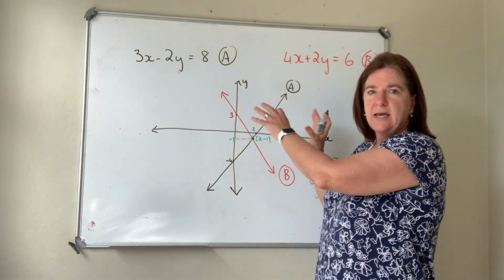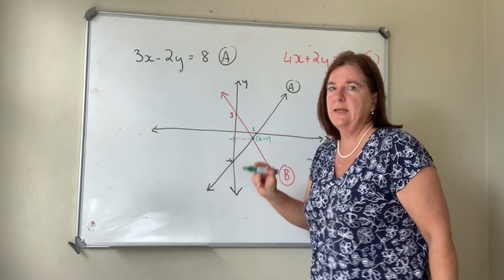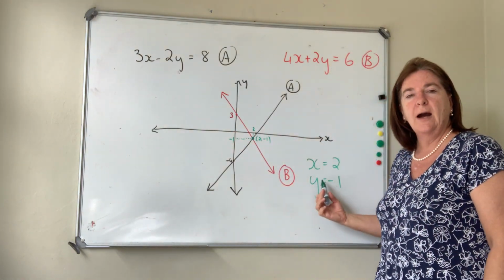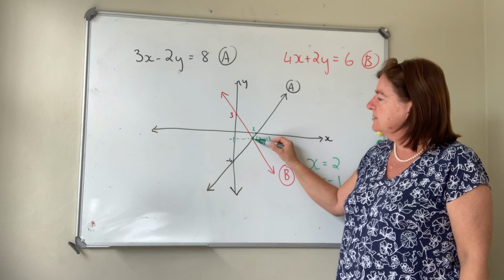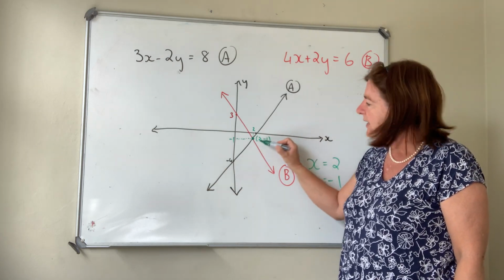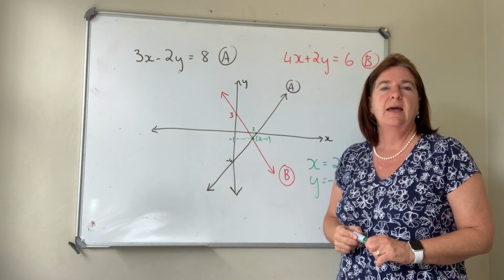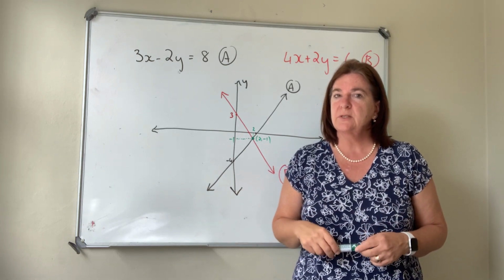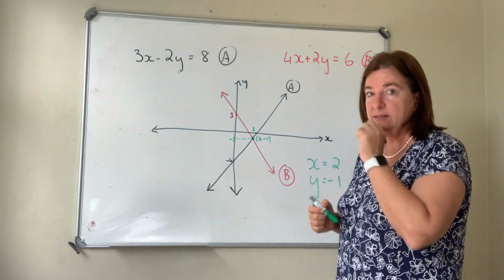So if we take simultaneous equations and we represent them graphically, then the solution for x and y is actually the point of intersection between the two graphs, because at that point they're equal to each other. And that's just tying it up into graphs. If we take it a step further,